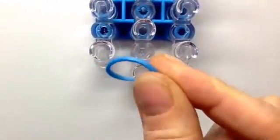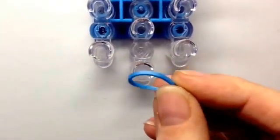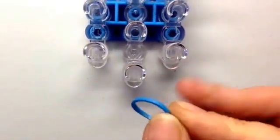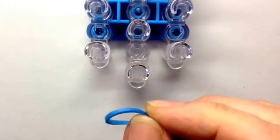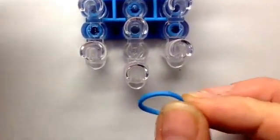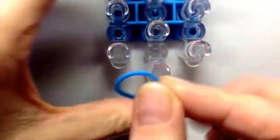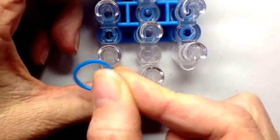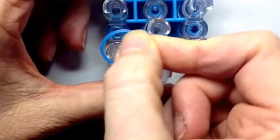We're going to use some electric blue and some glitter blue, Rainbow Loom brand. I do recommend Rainbow Loom brand for this one, the stretchy ones, because you are going to get quite a stretch on your bands. Okay, so this one is slightly easier in some ways because you use your hook to actually loop it up. So in this case, you're going to do the same thing as far as the twist,